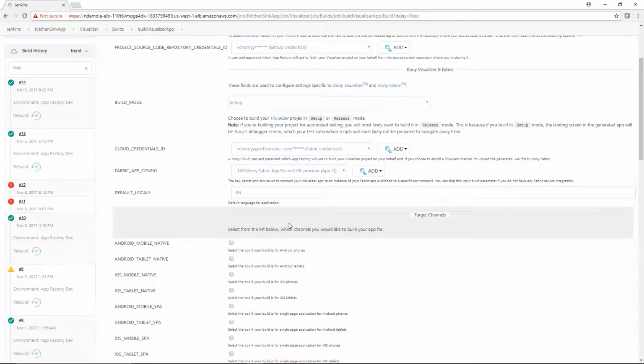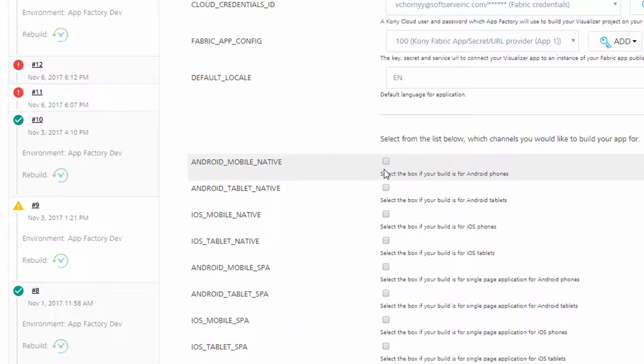Next, I'm going to choose the iOS and Android native channels to build my app binaries. As you can see, there are a number of phone, tablet, and SPA options I can choose from. Choosing any of these options will build an app binary for the specified channels. Next, we'll need to fill in our unique app ID for the Android app, version, and version code for the